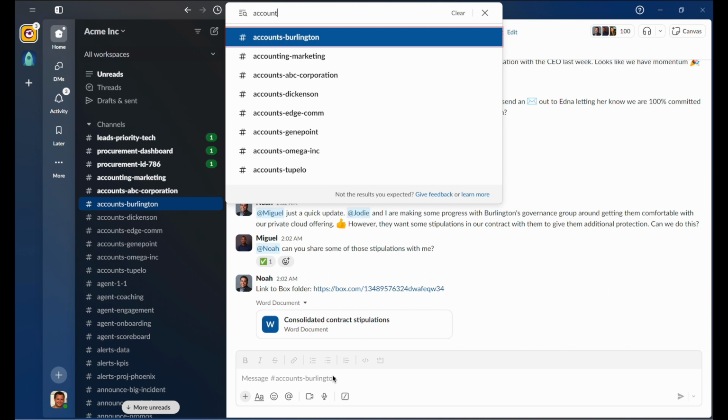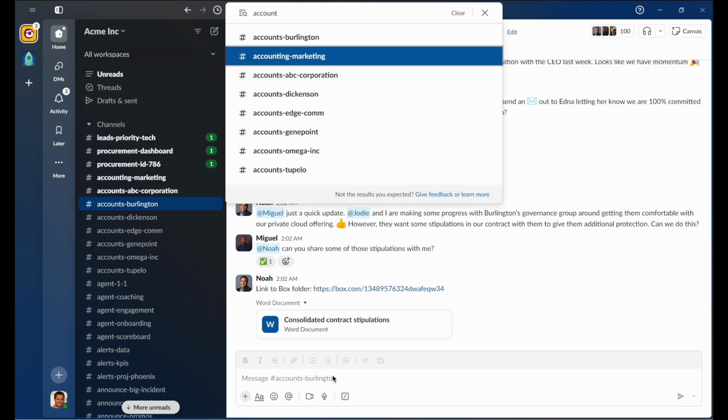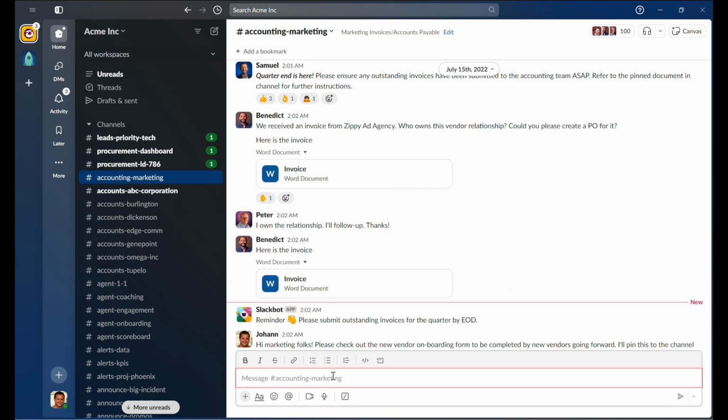To move to an item, press the arrow keys. Accounting marketing, 2 of 8. To switch to the accounting marketing channel, I'll press enter. Enter. Acme Inc. tab panel, home tab panel, channel accounting marketing group, composer group, message to accounting marketing edit blank,